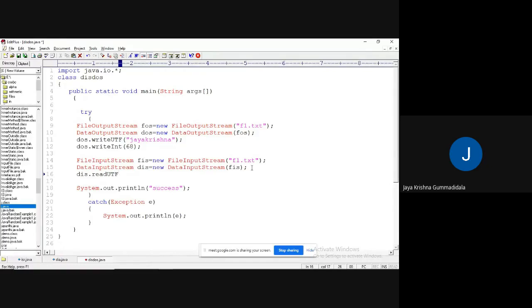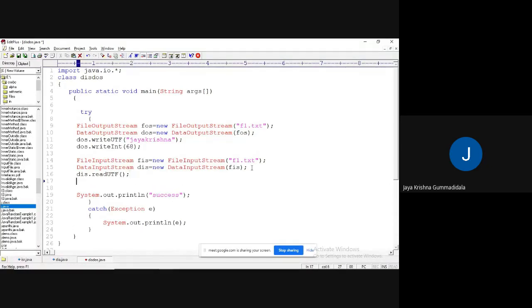readUTF method. Next, the ds.read method. Okay, now. Fine. Right. So I would like to print, right. So String s equal to.